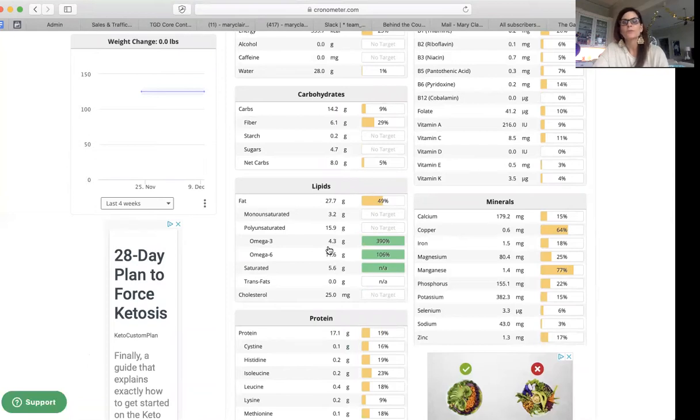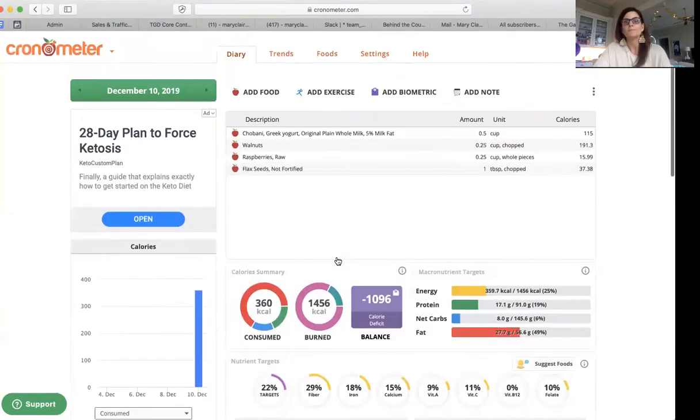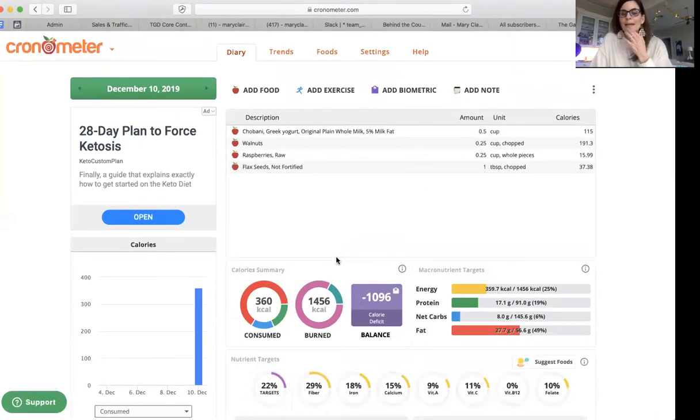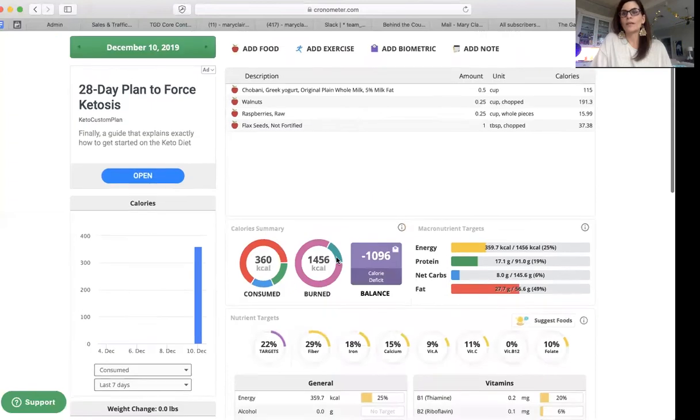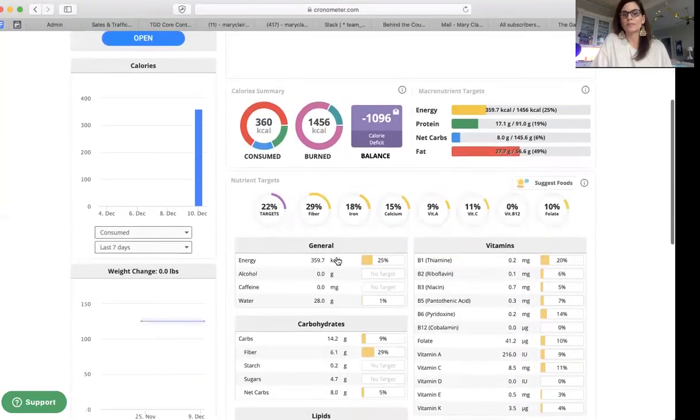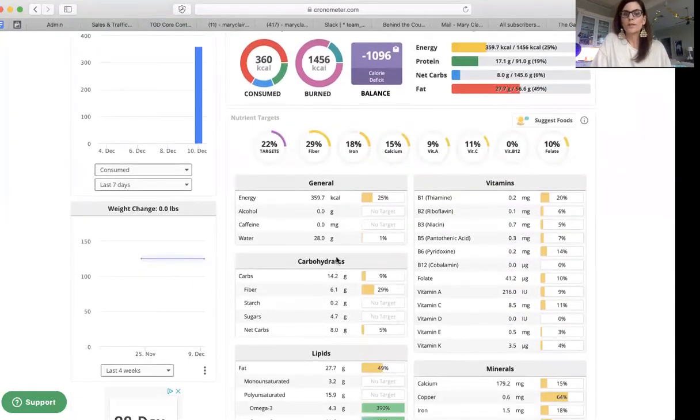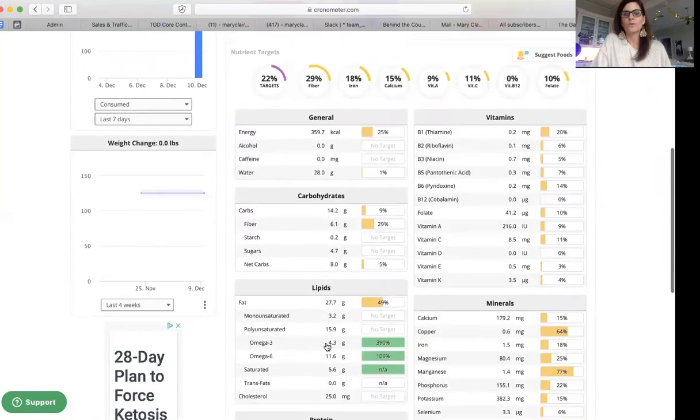So our omega-3s are at 4.3, and our omega-6 are at 11.6. Remember that ideally you should have 1-to-1, but that is really, really hard to do without supplementation. 3-to-1 to 4-to-1 is probably okay. So we are hitting about 3-to-1 here, which is still really, really good.